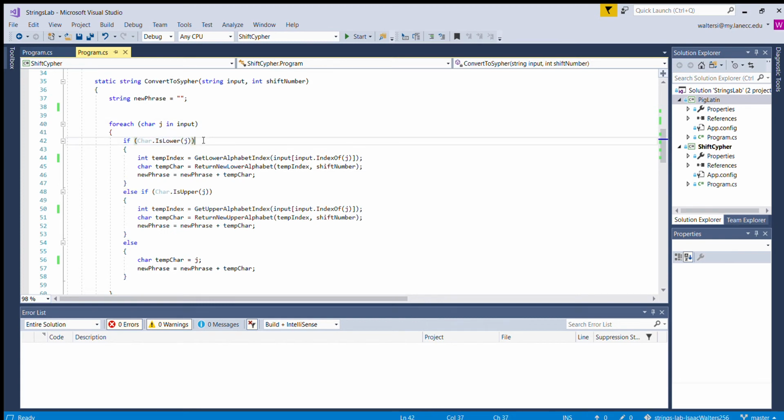So then it checks if it's lowercase. If it's not, it will check if it's uppercase, and if it's none of those, which means it's not a letter, it will go to this else block. So yeah, if it's lowercase, it will create a new int called temp index, and